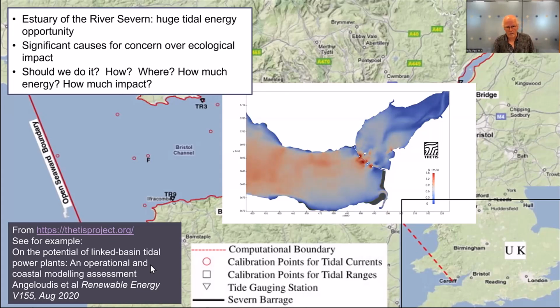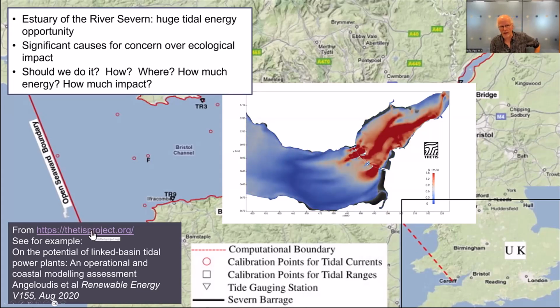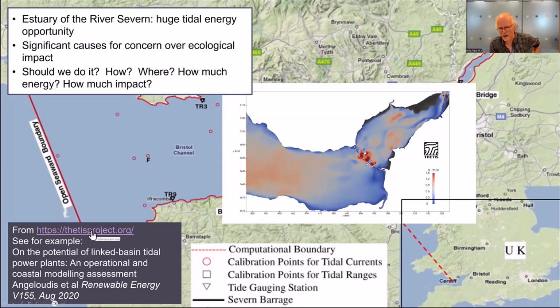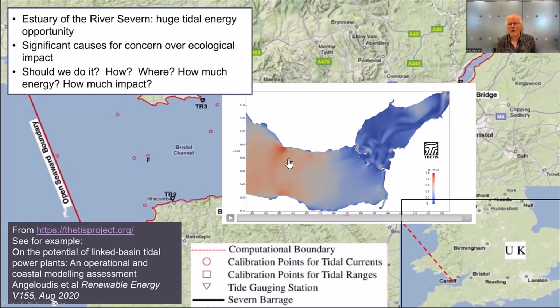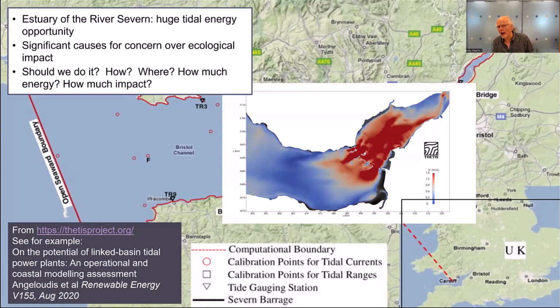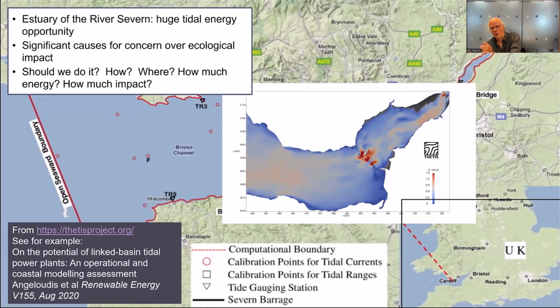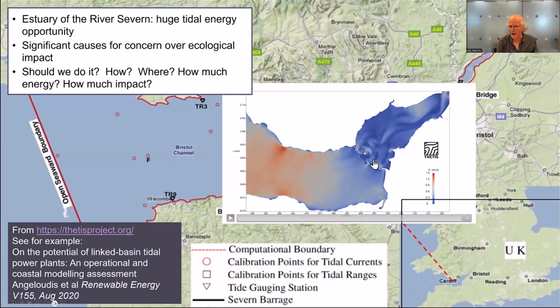So in this paper, and also illustrated on the Thetis website, Thetis is this coastal ocean modeling tool that builds on Firedrake, we are modeling the way the tide flows into the estuary and flows out, and we can start to estimate the energy that is potentially captured here. We can also model, for example, the way water flows over wetlands and so on. I'm not the applied scientist. This is fun to talk about at parties, but it's not my work.